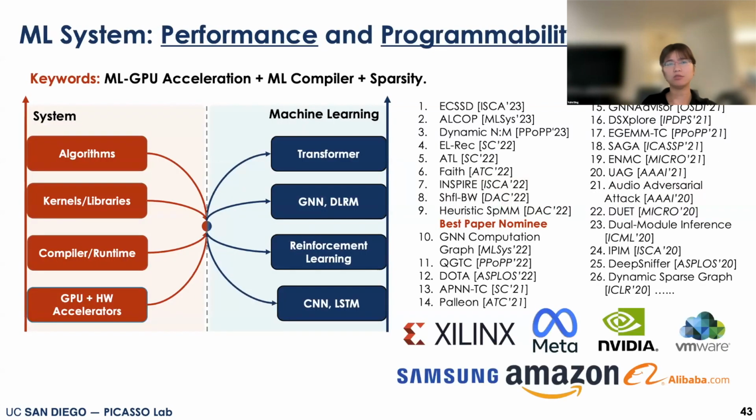The last slide shows another important part of my research, machine learning systems. Again, we are focusing on performance optimizations without harming programmability. We range over a lot of the system stack, from algorithms to kernel optimization to compiler, runtime, and hardware accelerator designs, for many different machine learning models. Recently, our group is also focusing on large language model optimizations with a lot of system optimizations. If you are interested in these directions, feel free to contact me.